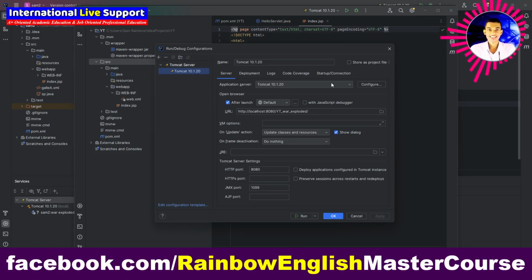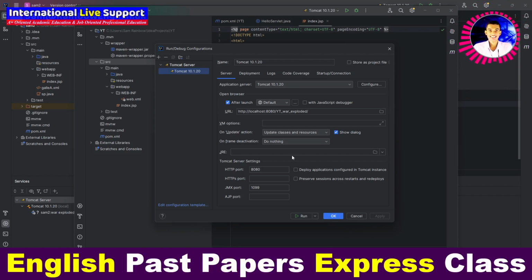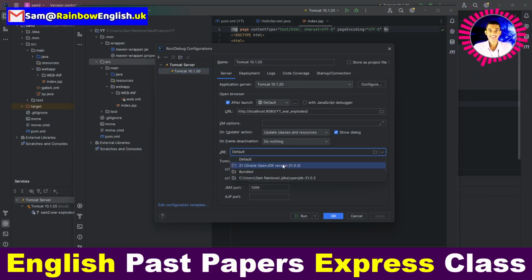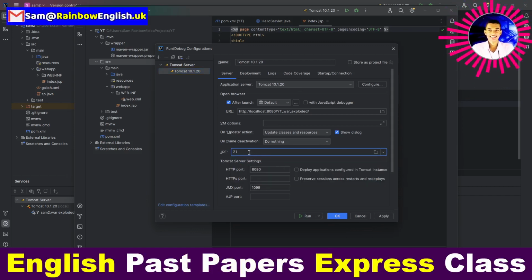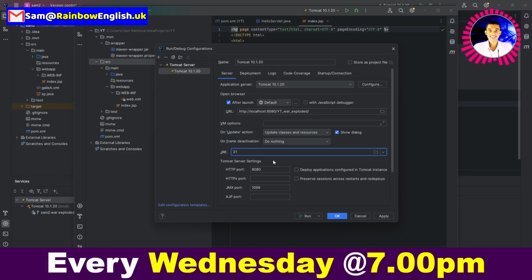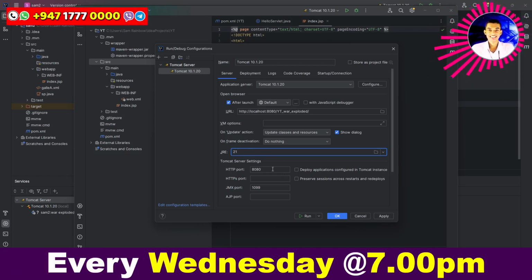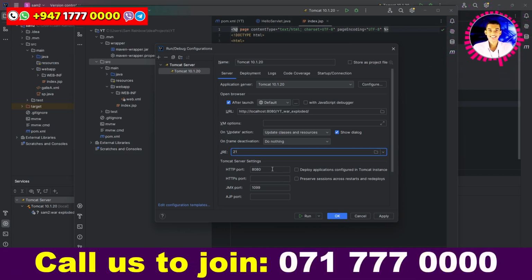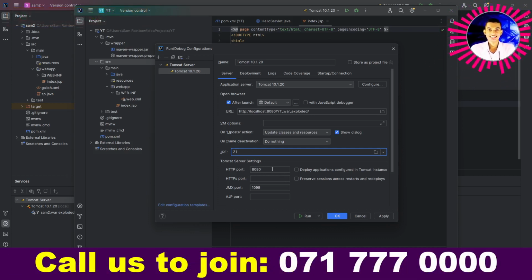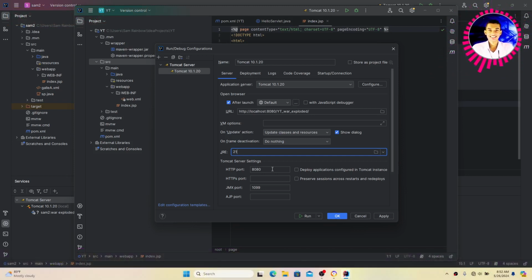From here you can select Tomcat, it is automatically selected. Then after, again the Java version, JRE, and in here the default port is 8080. If there is a problem with port 8080, because if it is already running, the project will not run, or you will see an error message. Therefore, what you have to do is